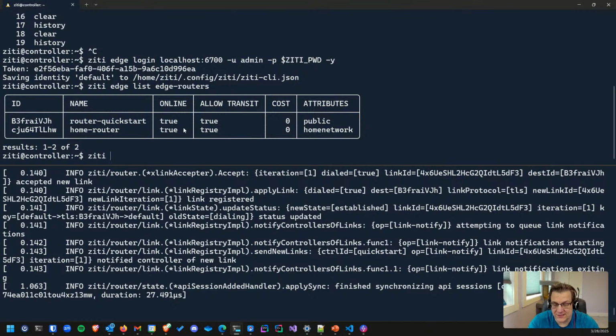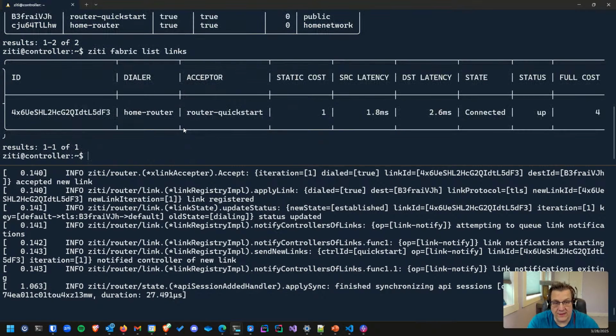So we can test that. In this case, it's a fabric command, list links. And they are connected. It says that the home router is dialed to the acceptor, which is the Quickstart router. That's fantastic. And now that I think about it, I thought it wouldn't work,